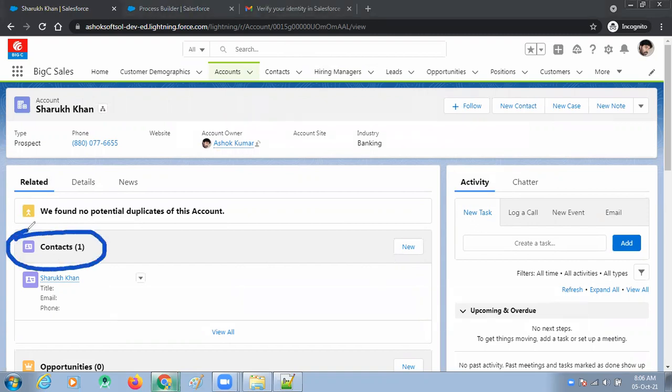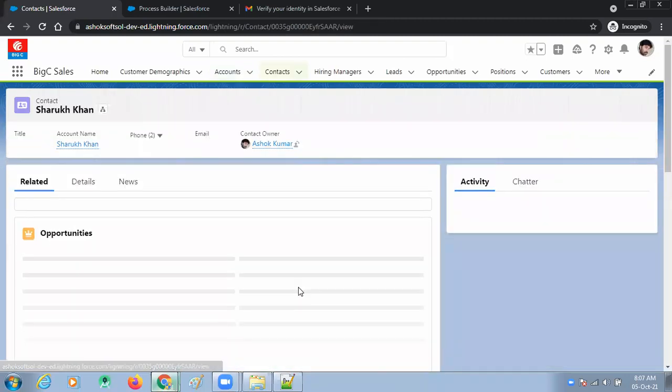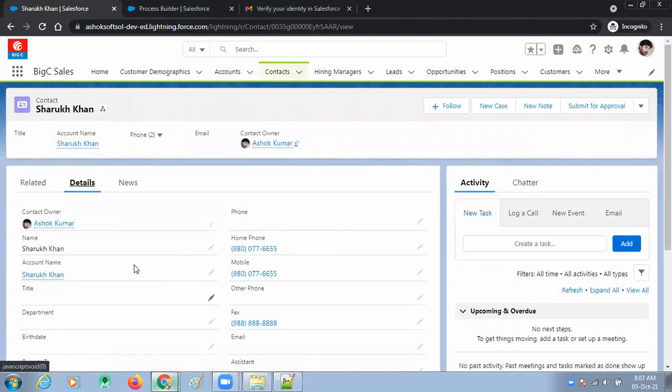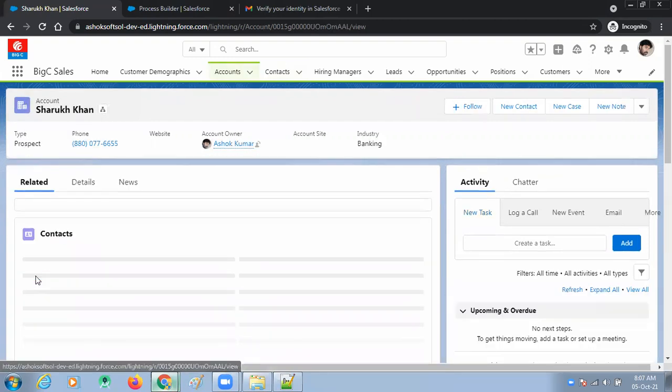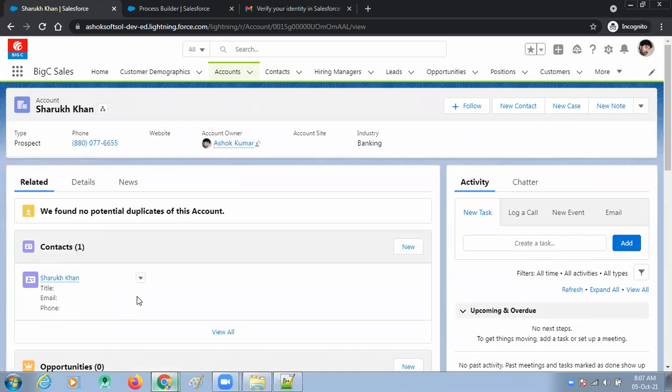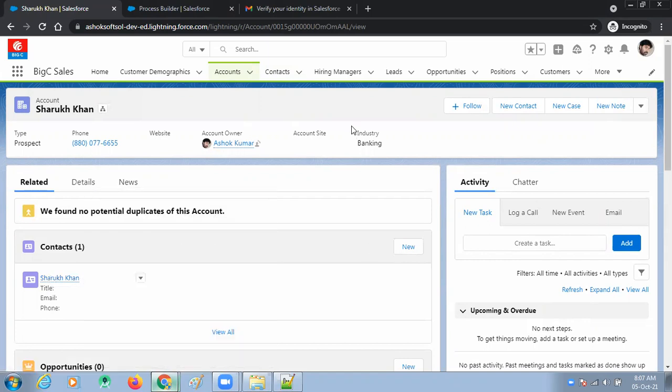These details are automatically related to the contact details. Here, I click on this. Look here, the values entered in the parent record are automatically populated. Okay, the parent record is shown. The record is successfully inserted on the contact.